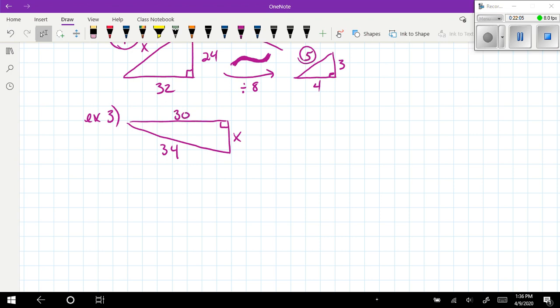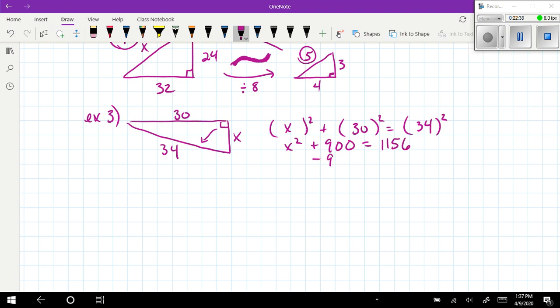So let's go ahead and say leg squared plus leg squared has to equal hypotenuse squared. That's my Pythagorean Theorem, and I'm waiting for my legs and my hypotenuse input. The hypotenuse is the 34. I can see it's across from my 90. See this? Opposite from my 90. And the two legs, of course, make up the right angle, so I'm looking at x squared and 30 squared. This gives me x squared plus 900 is equal to, now 34 squared is